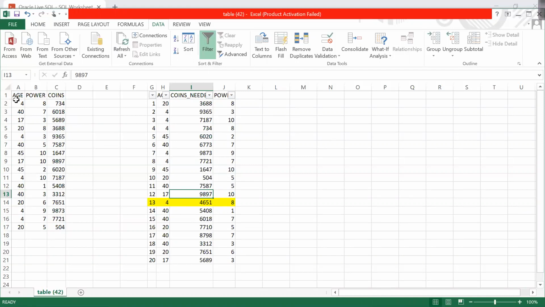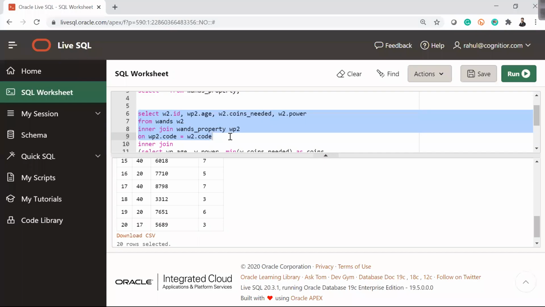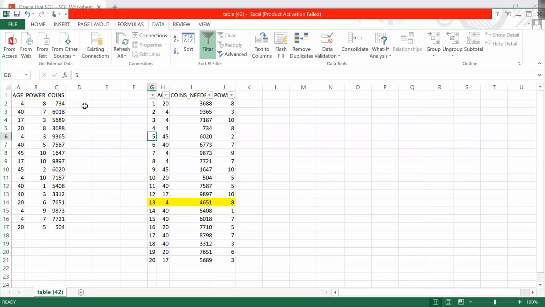So we are left with these final records, which are nothing but the unique values based on age and power, giving me the lowest coins. Now in this query, what we are doing is I am joining this main big table with this table.